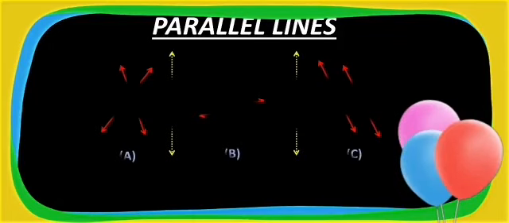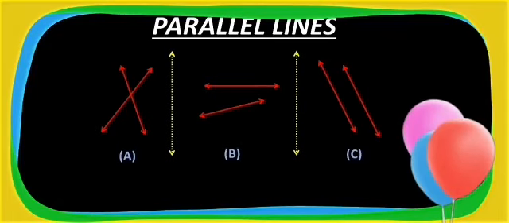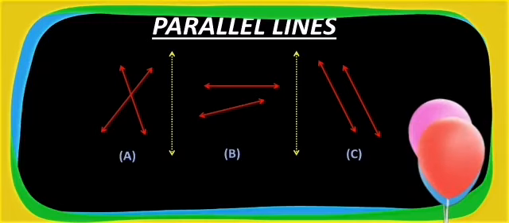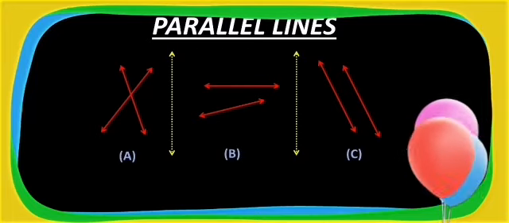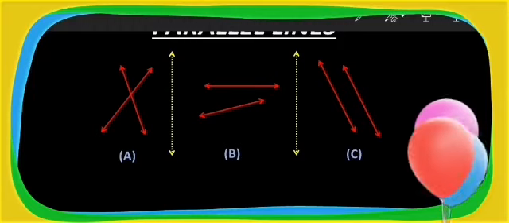Okay, now activity time, guys. Now you have to figure out among these three figures, figure A, figure B, figure C, which lines are nothing but parallel lines, and the answer should be written in the comment section below. You just have to mention a figure letter, that is diagram A or diagram B or diagram C, and the answer will be conveyed to me. Waiting for your answer, guys. Stay tuned.